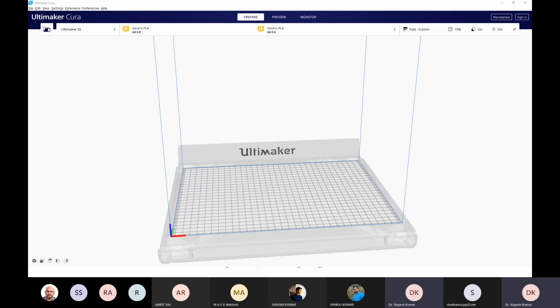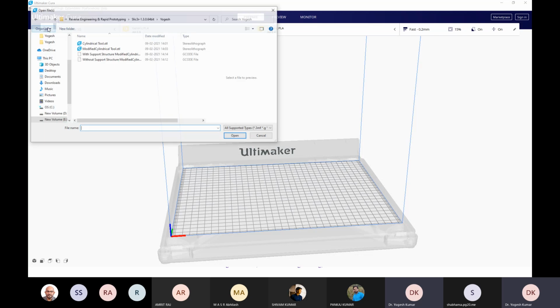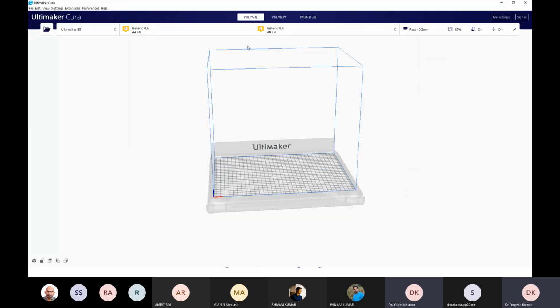I have two files. This interface which you are seeing now is the same interface visible on the visualization software of your Ultimaker printing machines. You will see their visualization software similar to this screen which you are seeing on my laptop screen.